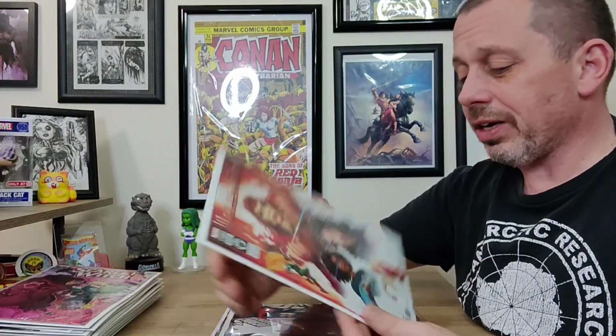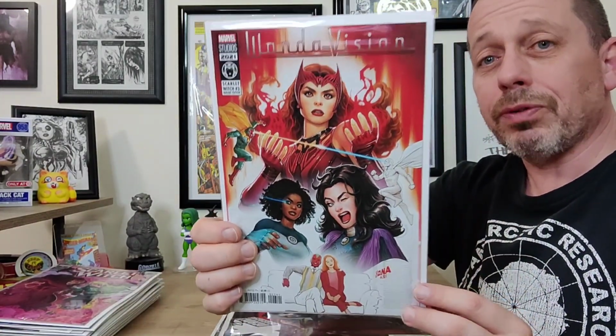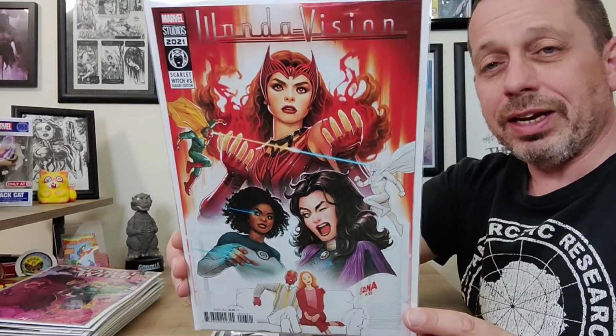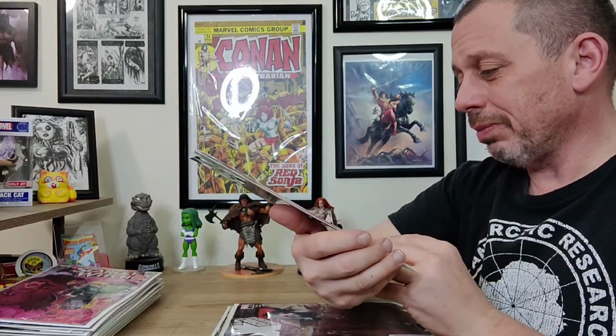Now, look at this David Nakayama one, too. You got Monica Rambeau, Scarlet Witch. Of course, I just forgot her name as soon as I went to say it, but we all know who she is. And she's got her own series coming out. But looks amazing. And then, of course, this new 5-issue miniseries with